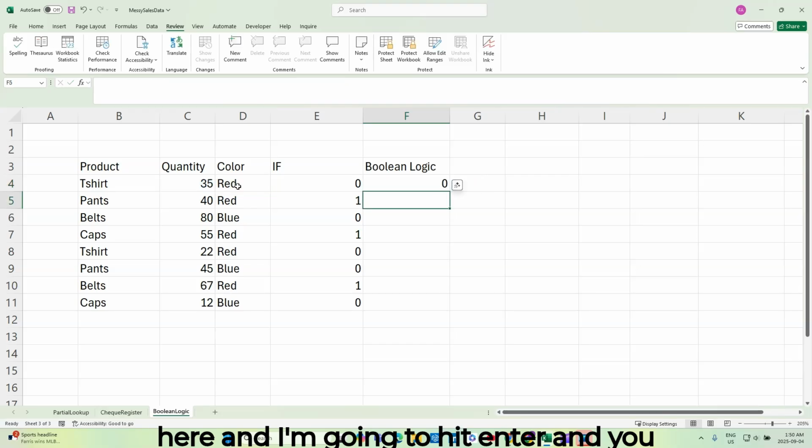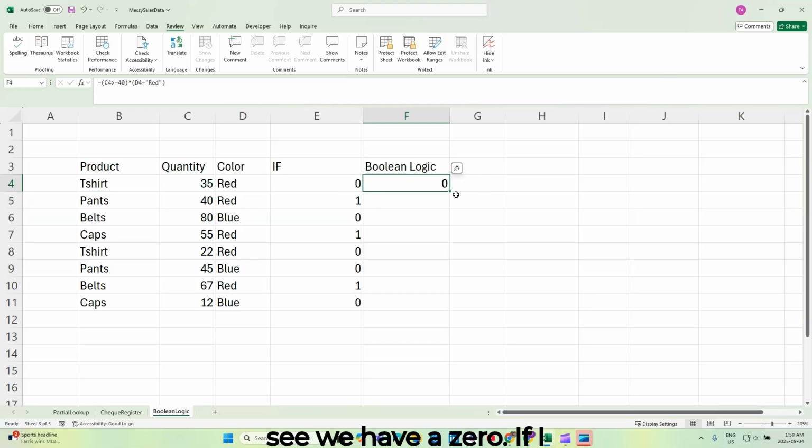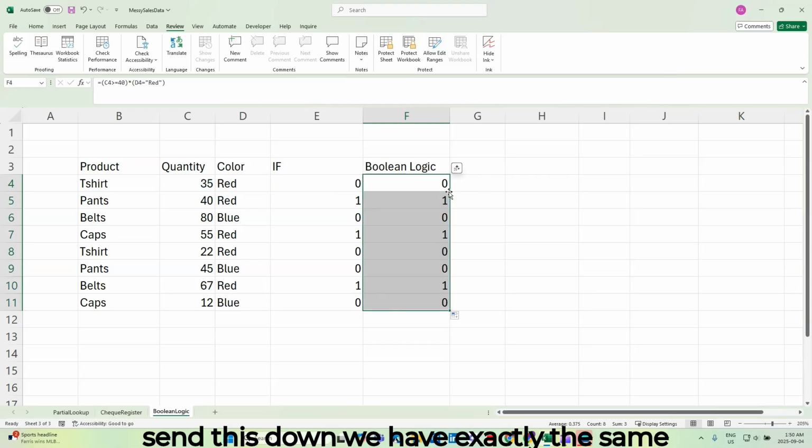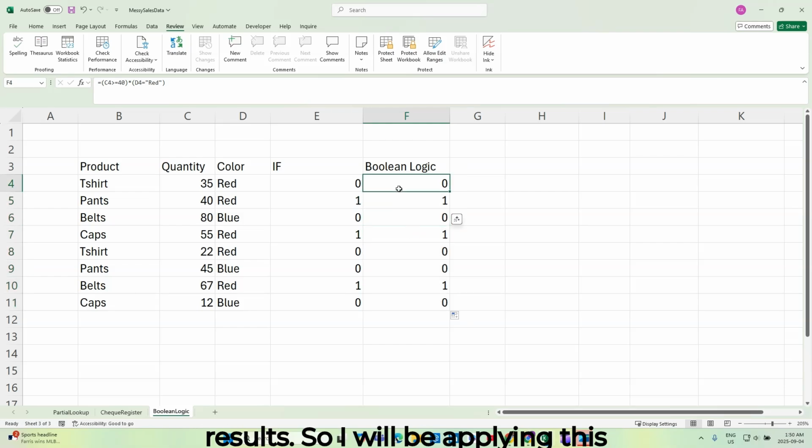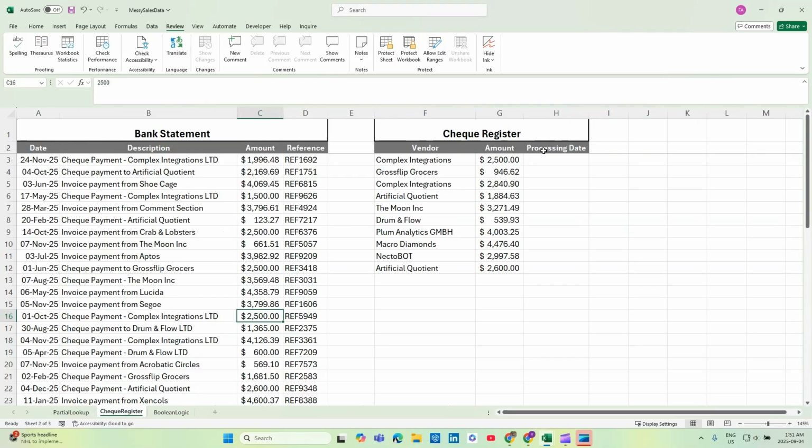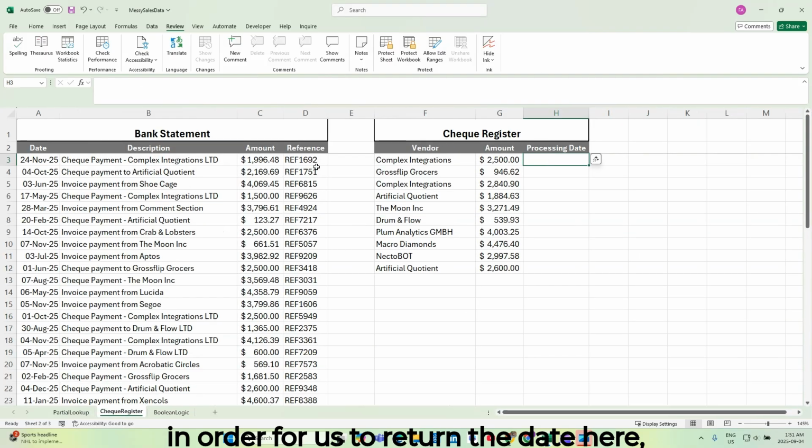And I'm going to hit enter, and you see we have a 0. If I send this down, we have exactly the same results. So I will be applying this Boolean logic in the second example instead of using if formula. So in order for us to return the date here, we are going to combine the XLOOKUP function with the regex test. So I'll do equal